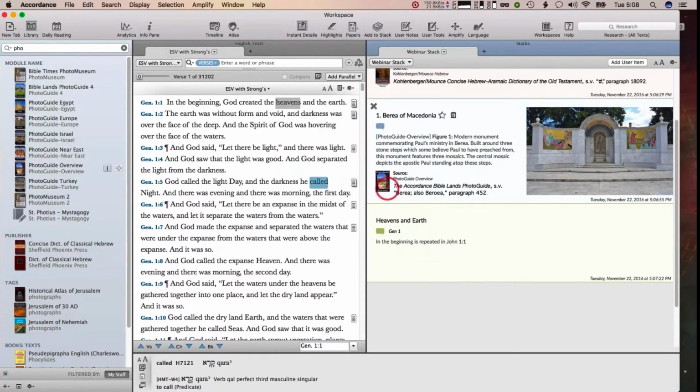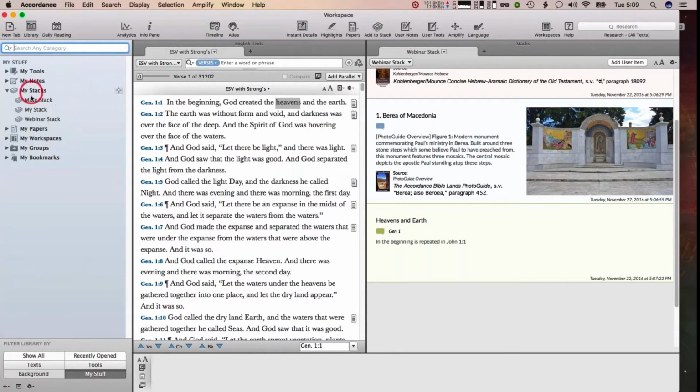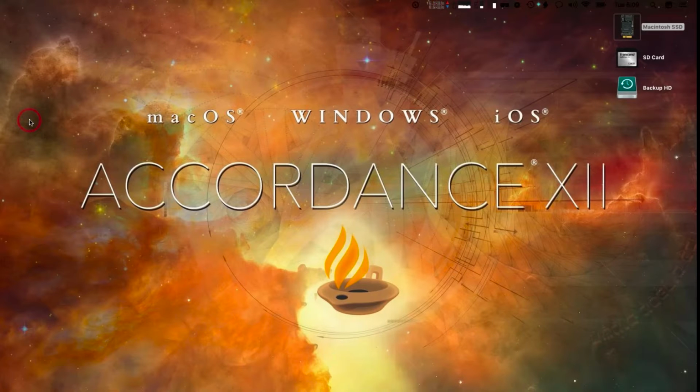Okay, so I can just keep adding to this stack all the information that I'm gleaning in my research. And again, it's really a cool idea. When our developers first thought about this idea, they thought that people would only want an individual stack. It became apparent real quickly that people wanted multiple stacks. So it's just neat that you can have as many stacks as you want. Then they are retained here in your library,